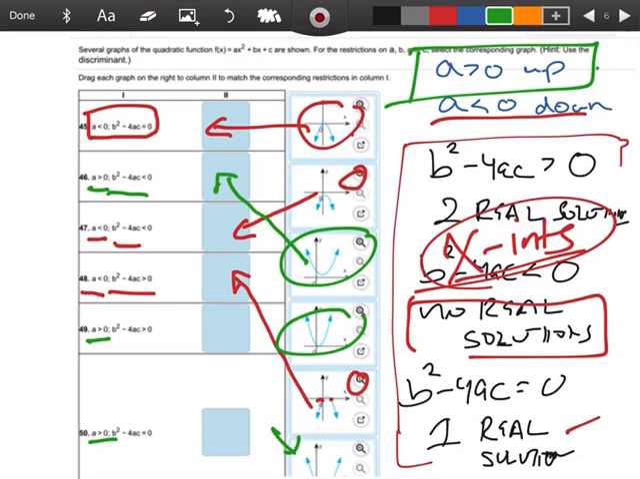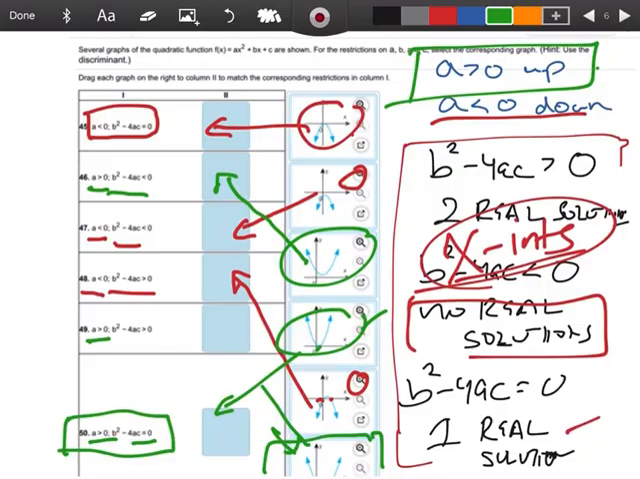Let me skip down to 50. A is positive, so it's going to be either this one here or this one down here. The discriminant is equal to 0, which means I have one x-intercept. Well, if you look right there, there's only one x-intercept. That one's going to have to go here. So by default,